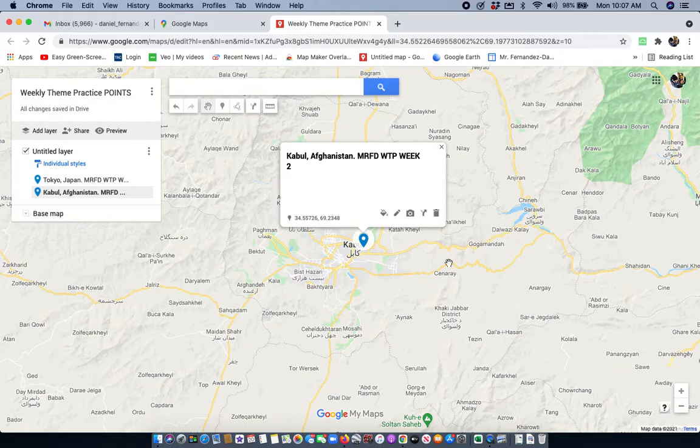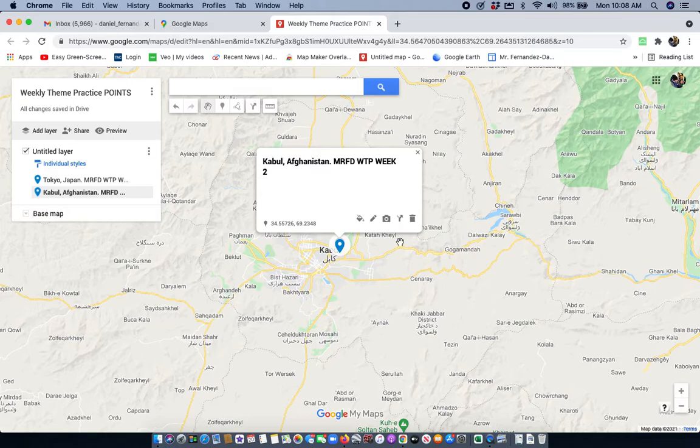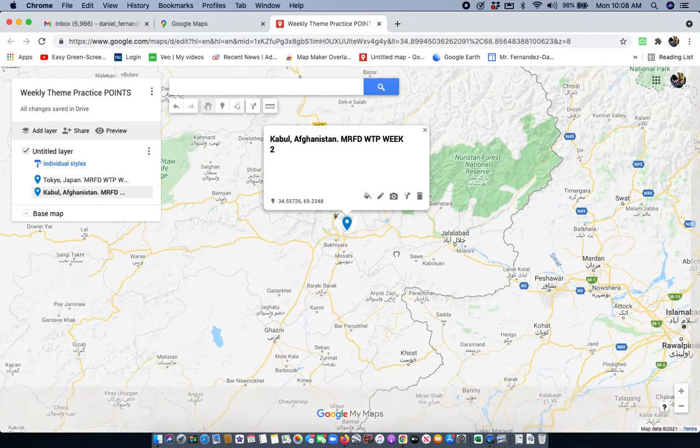So in that way you can keep track of your points. You know how to add photos. You know how to change the pin if you want. But this is going to be your map where you're going to plot all the points in the world where you're reading. If there is an action that happened not only in Kabul, but let's say that also it happens